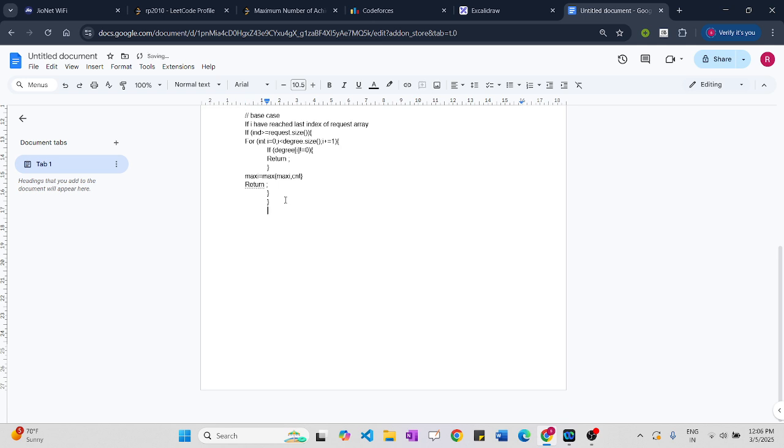And talking about the complexity, let's talk about the time complexity. Time complexity of the problem will simply be 2 to the power m, where m is the total number of requests that is possible in the worst case, right? While talking about the space complexity,